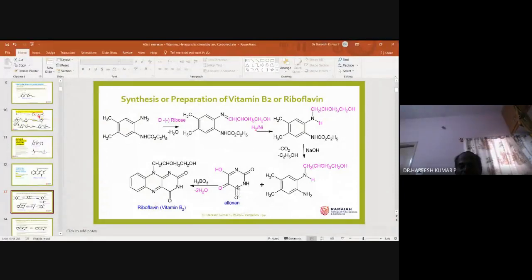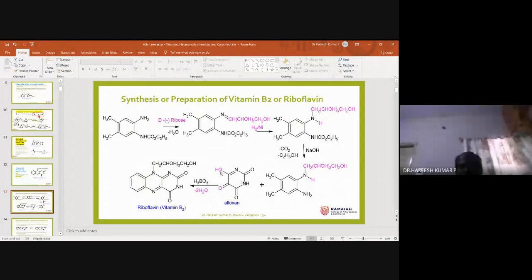This alloxan, when it is treated with a diamino compound in the presence of boric acid, will give you riboflavin. So you know how it will react. There will be a reaction between this NH and this OH, and a reaction between this O and this NH2. It means removal of water, more particularly two molecules of water,